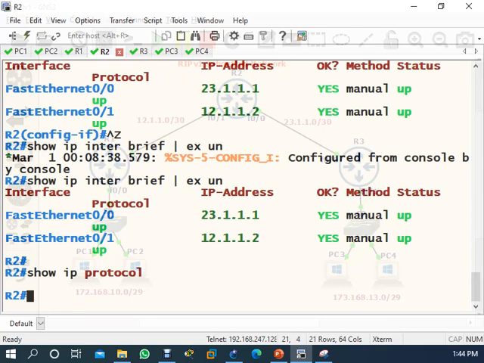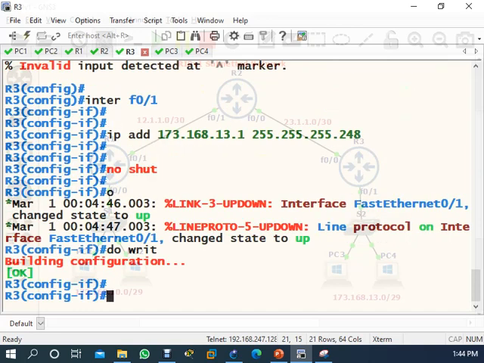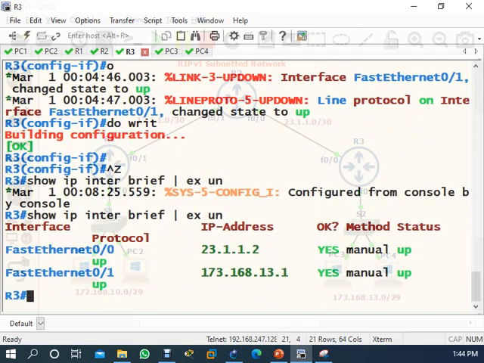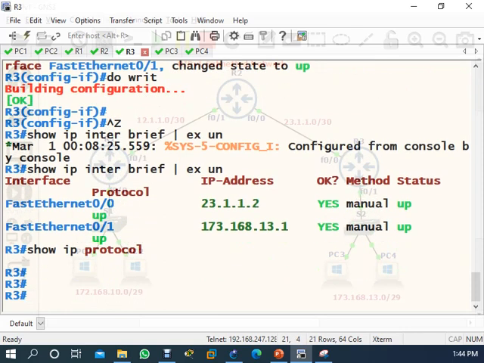Okay, no protocols are running. Now come here to router 3, type Control Z. Okay, the IP is okay. Type show IP protocol to verify. Okay, no protocols are running.